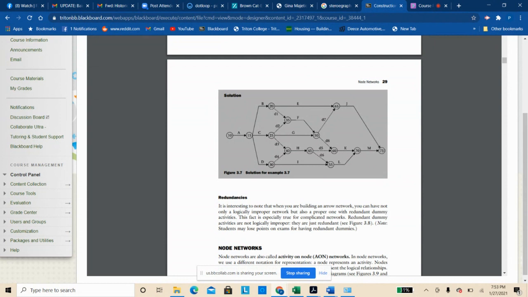It was a way to mathematically prove, okay, I have 50 different tasks and all kinds of different interdependencies, and this network diagram is the way they would figure out,